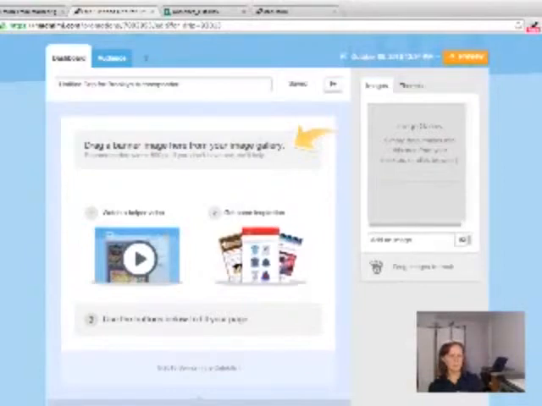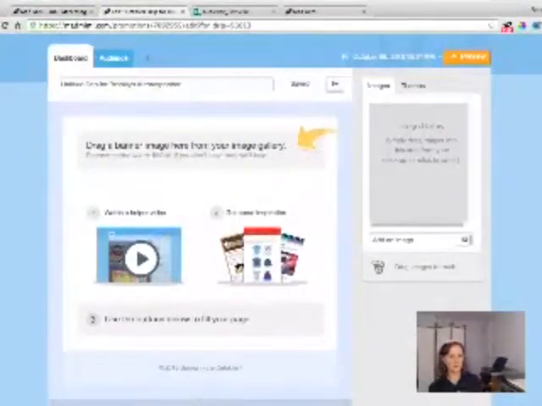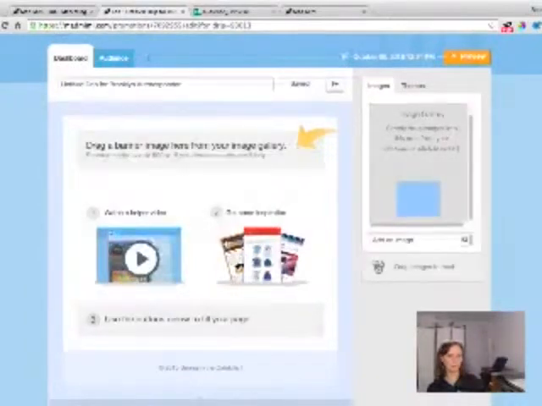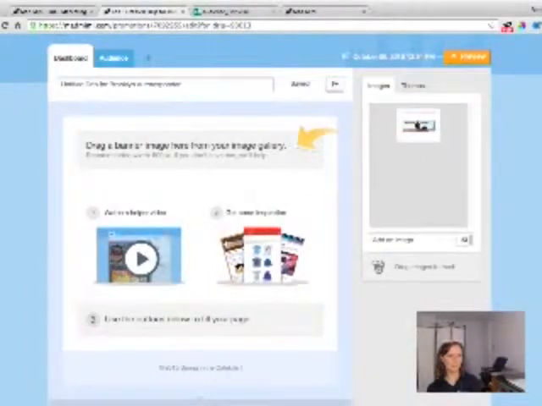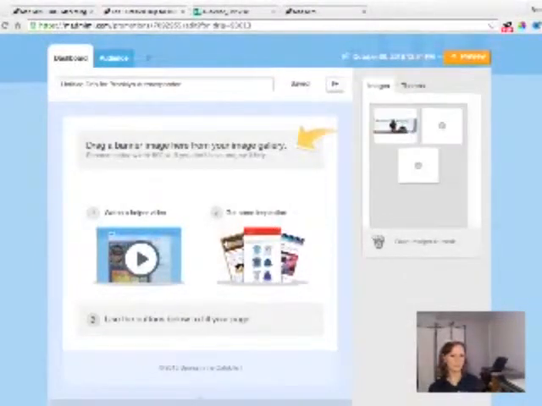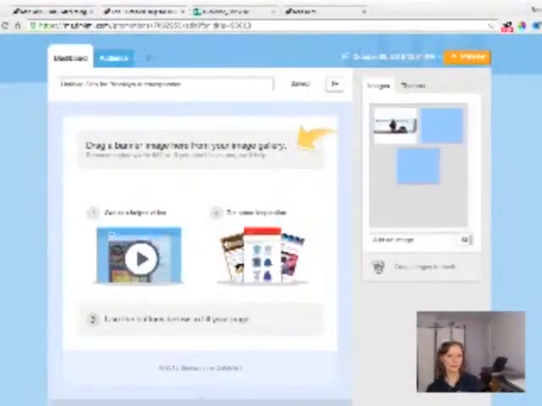So to do that, I need to add my images to my image gallery. So to do that, I can click on this Browse button here to find an image on my computer, or I can just drag and drop them from my desktop. And that's what I'm going to do. I'm just going to start with my banner image and drag it and drop it in here. And I have some additional images that I want to use in my newsletter later, which I'll also just store now so I can use them in the